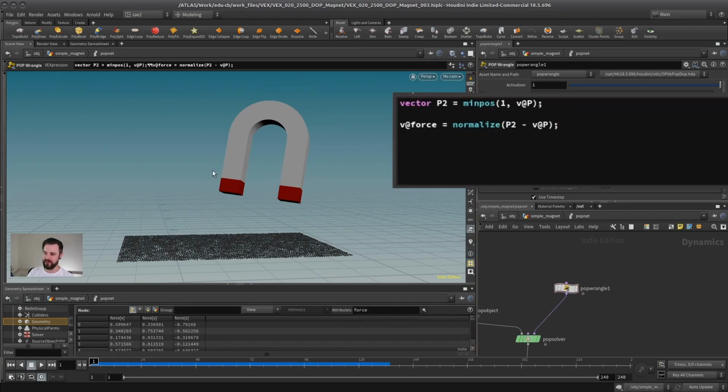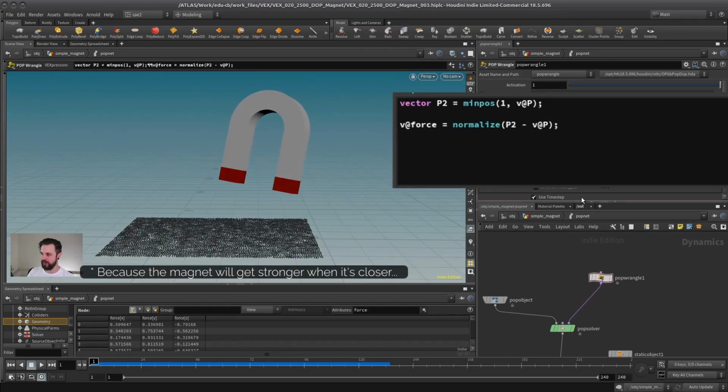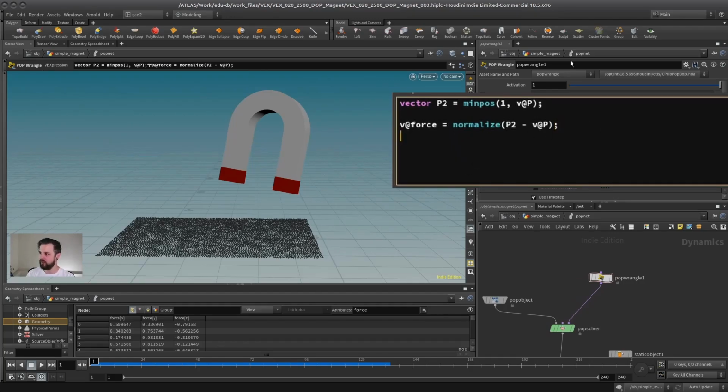And the idea here is the closer the point gets to the magnet, the stronger the force gets, and then the overshooting, let's say, is less likely. It will still happen, but it's not as strong anymore. So how can we do this? We just multiply the whole thing. We can actually do this in the next line. We multiply it with something, and that could be a